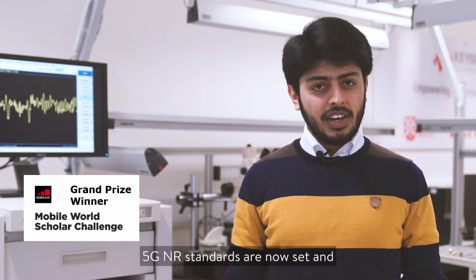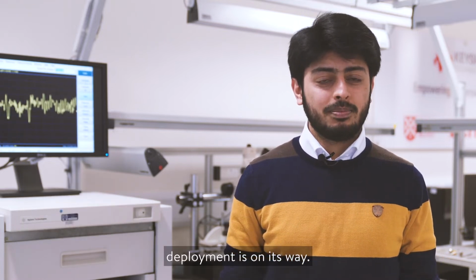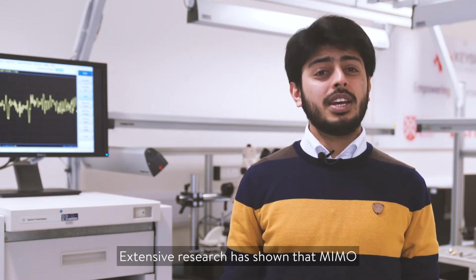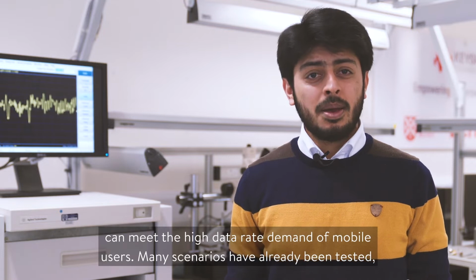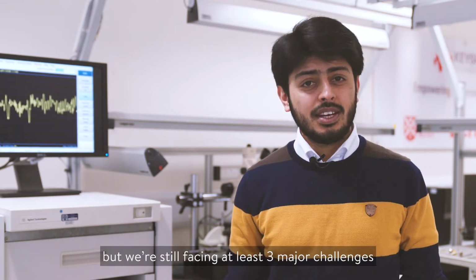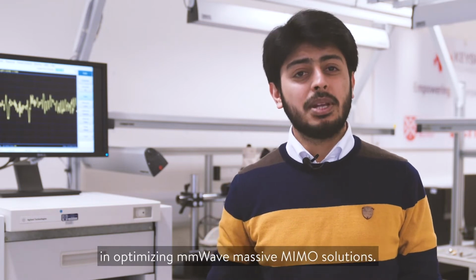5G new radio standards are now set and deployment is on its way. Extensive research has shown that MIMO can meet the high data rate demands of mobile users. Many scenarios have already been tested, but we are still facing at least 3 major challenges in optimizing millimeter wave